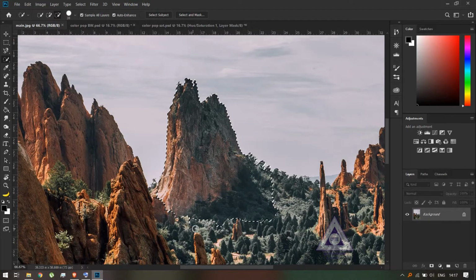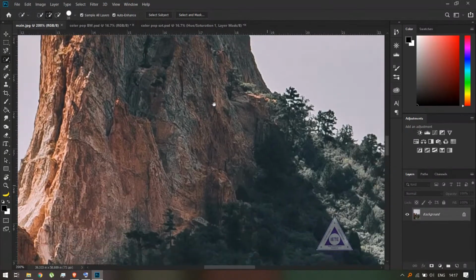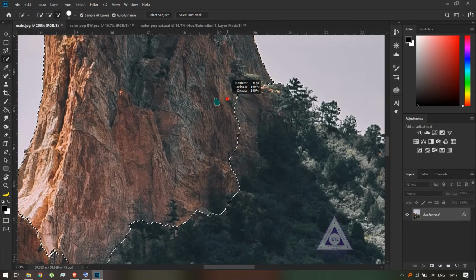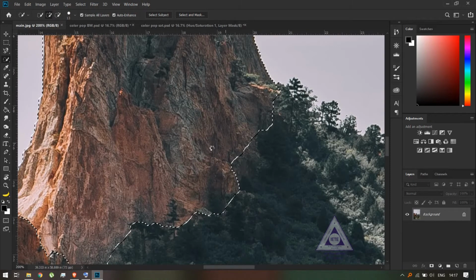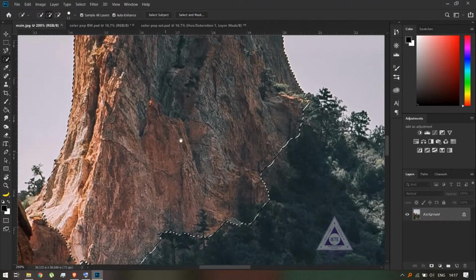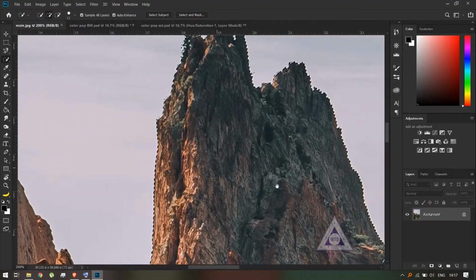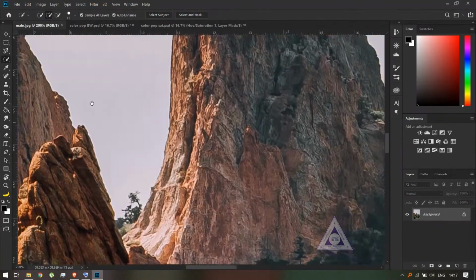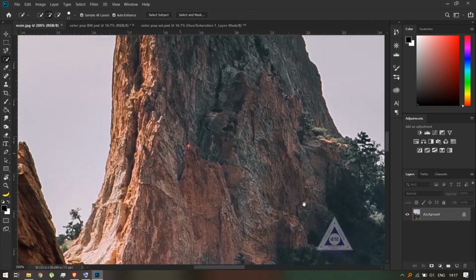So the thing with Photoshop is that as you make your selections, the software itself starts learning what areas you want to select, and it will start making much more precise selections as you go. So I'm reducing the brush size right here so I can make much more precise selections, and the selections will be much slower and it won't go over all the areas which I don't want. And I'm dragging around the image by holding down the space bar, which allows you to hold down the image and move around without affecting the image in any way.